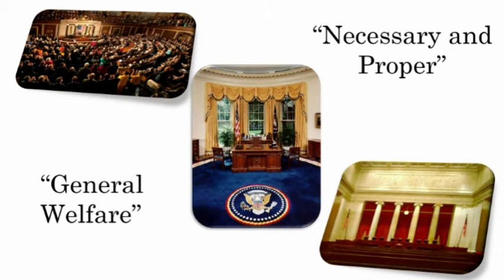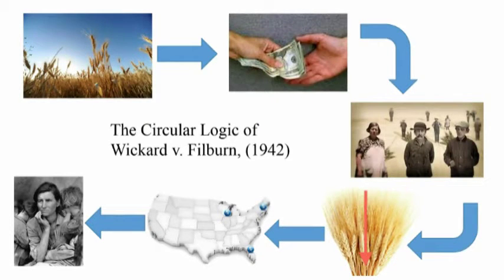But that same kind of circular logic is the exact same reasoning and honesty that the federal government uses when it uses the general welfare or the necessary and proper clauses as excuses to commit unconstitutional acts. So real quick, before we get into those two clauses, let's give a recap of last month's presentation on the